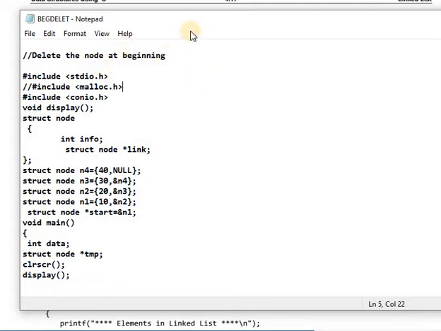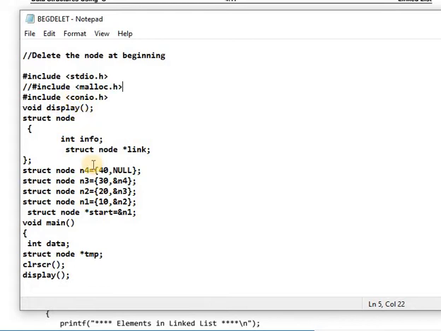This is the program of deleting a node at the beginning. String is a header file, conio is also a header file. There is no memory allocation here, so the malloc header file is not needed. Then the display function declaration, structure declaration, and structure variable declaration.